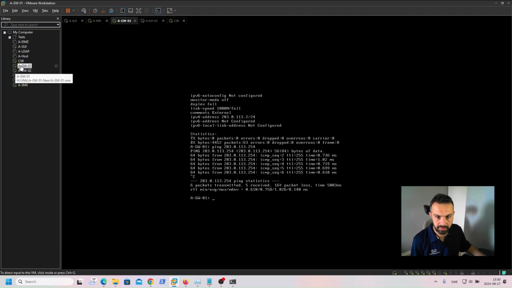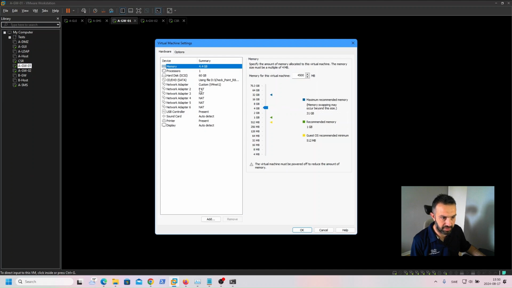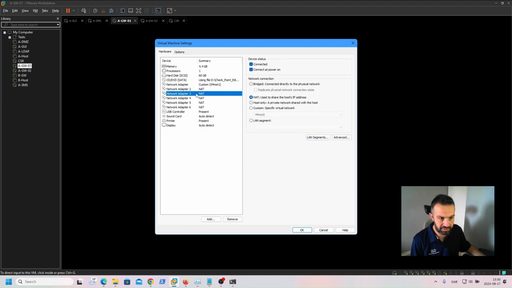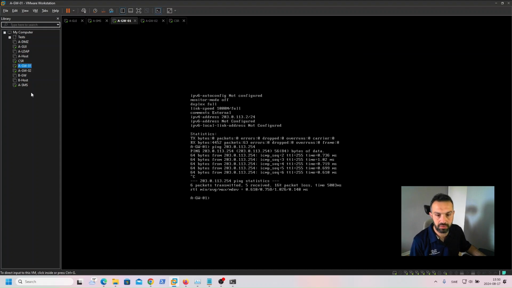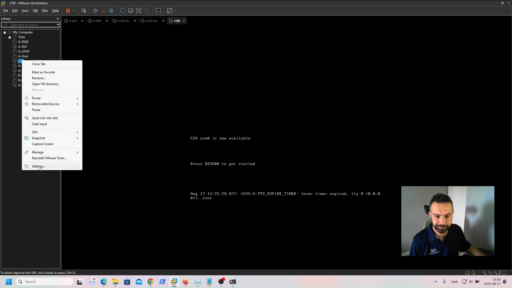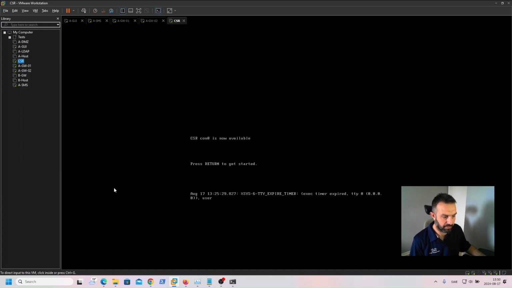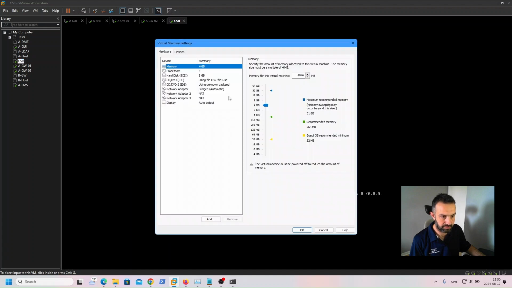So if we check here, right click, this interface is NAT now, and the CSR interface is also NAT. So now what we should do is put both these interfaces on the VMnet 4,